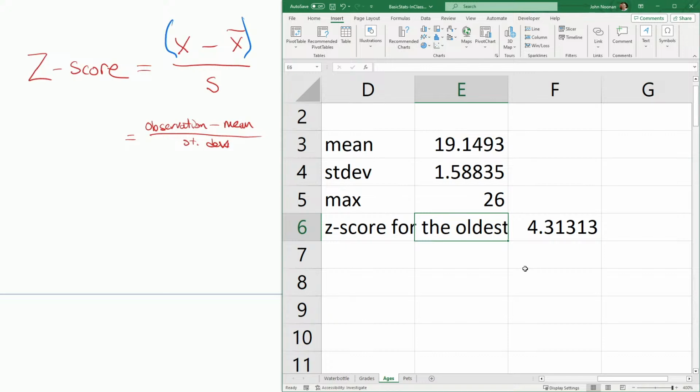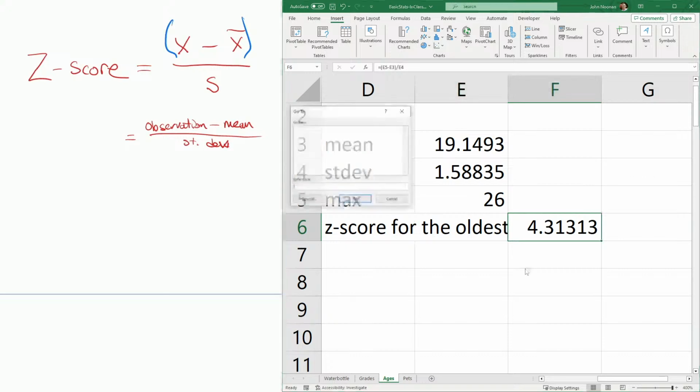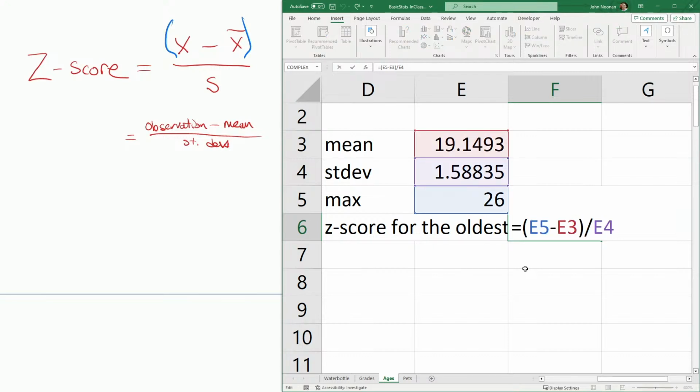Now, what this really does for us, though, you might say, well, why do we care about z-scores? Well, for one thing, you're going to see this formula right here pop up. There it is. That formula, you're going to see it show up over and over again after the break, because every statistical test we do after the break is going to involve something that looks just like this. So get used to this sort of form.